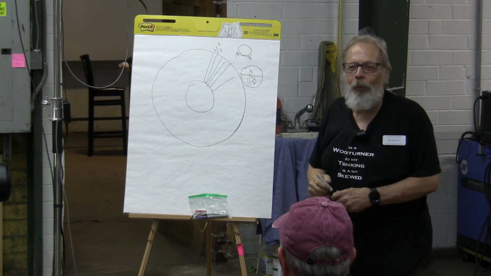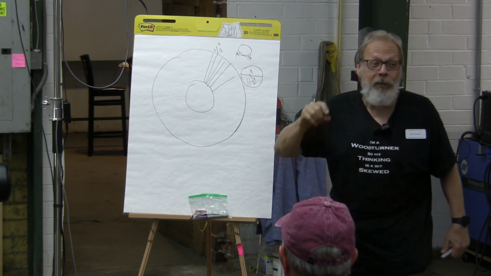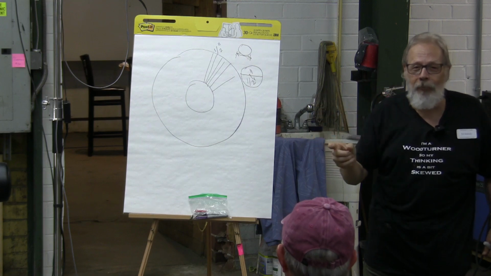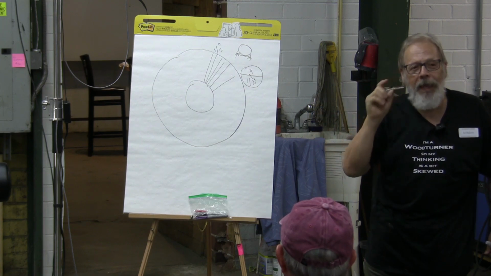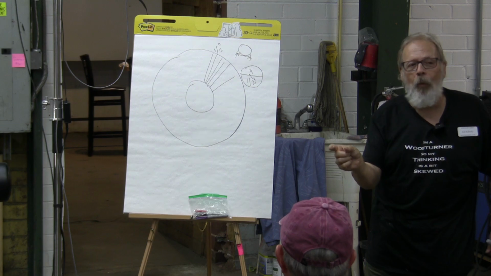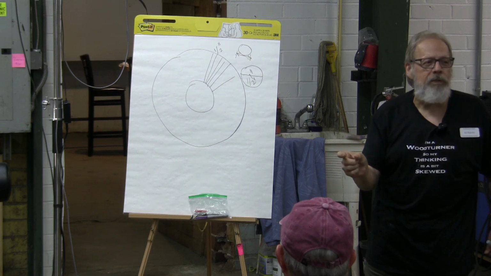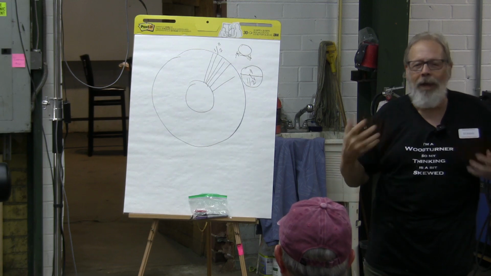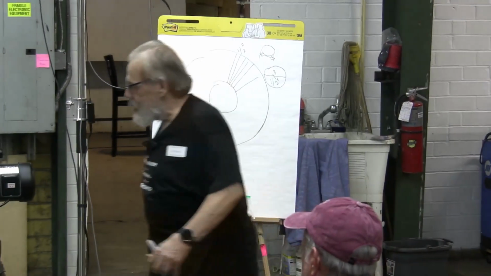So how do you get around that? That's pretty thick. Now you've got a bowl that if you're doing on the bowl or a hollow form, you're going to have that wall about 3/4 of an inch thick. Well, that's a pretty heavy thing. So how do you get around that? Well, I'll pass this one around